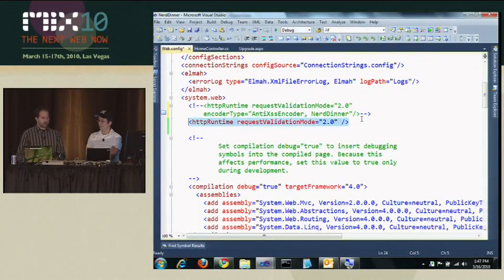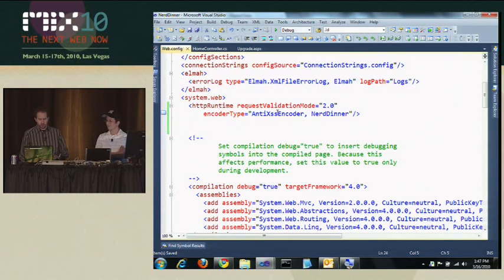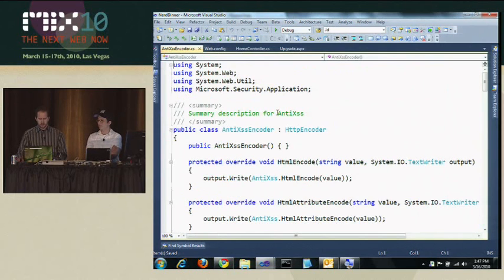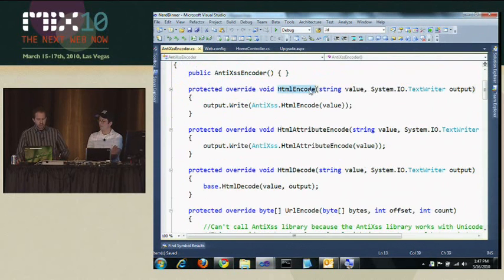And then I can go and change my HTTP runtime setting in the web config and use the encoder. This anti-cross-site scripting encoder lets me take control of what's going on. And we can see that I'm changing how HTML encode itself works for what I want. I can turn the dial up and down. You can do it any way that you want to, really. If there was something else, something specific to my implementation or some new thing that came out after ASP.NET came out, this is how we can take complete control over what's going on. So at this point, I'll just save this,